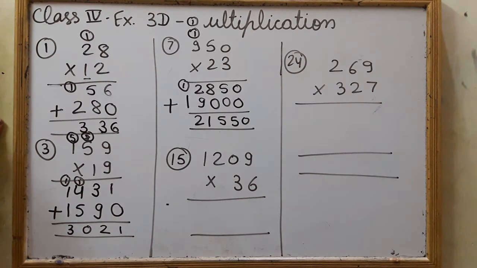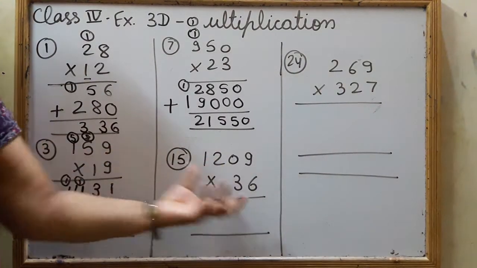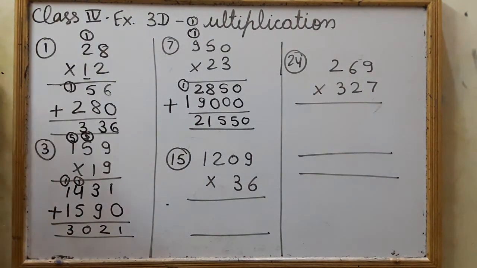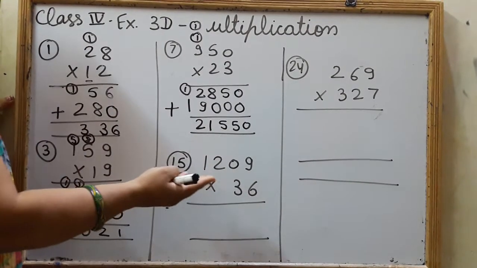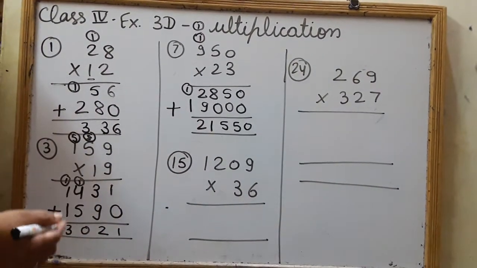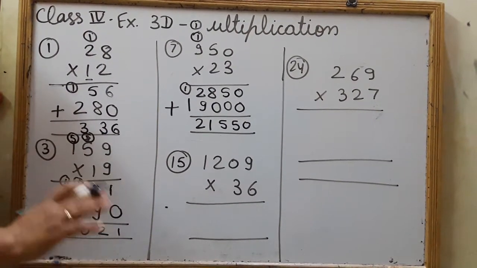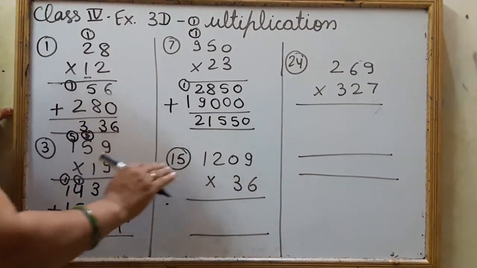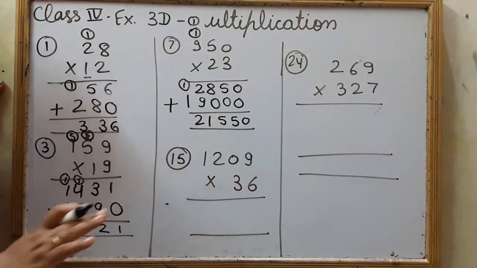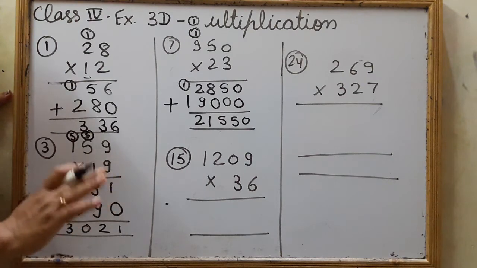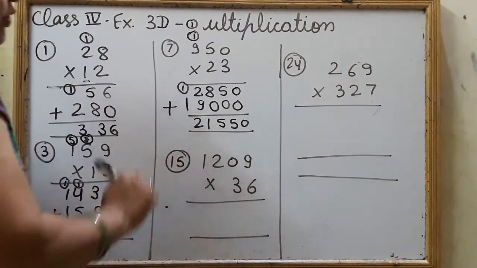Okay, now what? Now we will multiply a 4-digit number with a 2-digit number. This is also very simple, beta. As we did 2-digit and 3-digit, we multiply 1 by 1 by 1 by 1. In the same way, we can multiply as many digits as are given. It's simple because we are multiplying only 1 by 1, no? So once you learn how to multiply and how to manage, it is very easy to multiply any digit number by a 2, 3 or 4 digit number. So we will start with 4 digit by 2 digit.